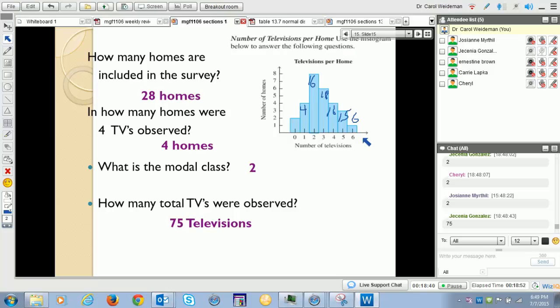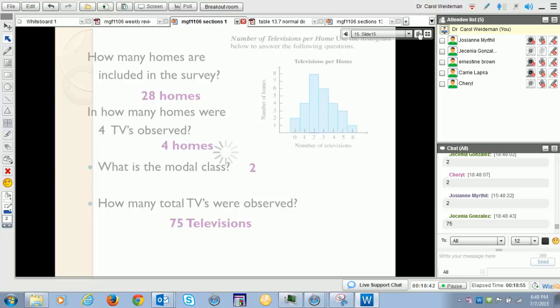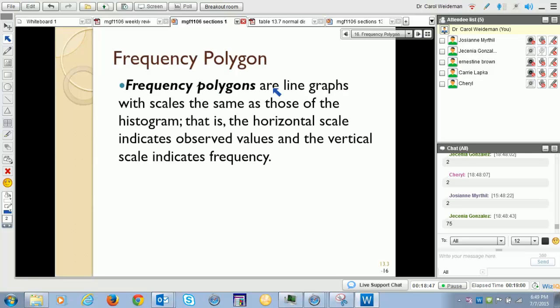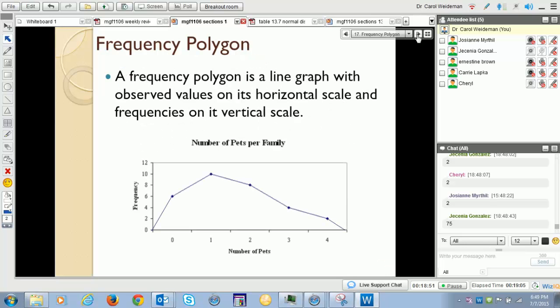Okay. A couple more displays to look at. The next one is called a frequency polygon. It's a line graph with scales. It's similar to the histogram. Let me show you one. It's easier to see what it looks like. So this is the pets one that we did before. Instead of having bars here, they start at 0, and then in the middle of the bar, at the height of the frequency, they put a dot. Then they connect the dots like that. It's called a frequency polygon. I don't know how commonly it's used, but your book has some samples in there, so I figured I'd include it. And you can read off it just like we did.